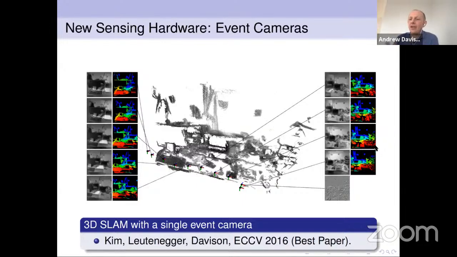So there's a lot going on in AI hardware. One area we've been very interested in is what's going on in sensing hardware. We did this work with an event camera, which for me is a signal of the way camera hardware will be changing. We no longer have to use cameras that were designed for photography for computer vision. We could design our own ideal sensors for computer vision. And I think an event camera, which, as you probably all know, measures per pixel differences rather than directly intensity, and gives you a very low bit rate signal, is a move in the right direction.